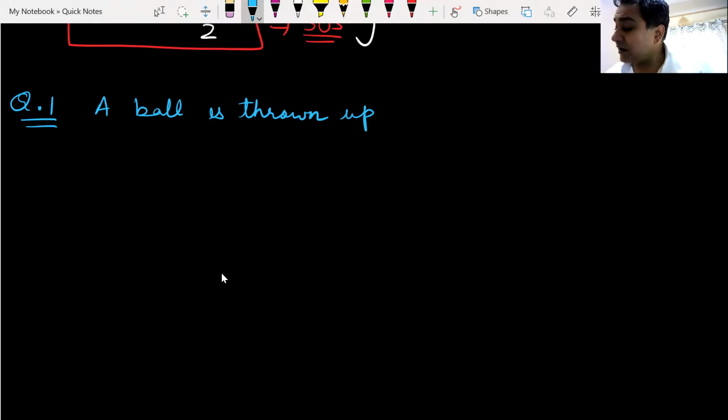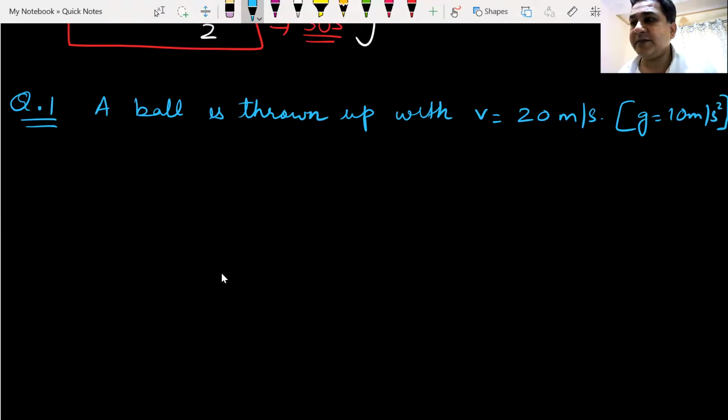A ball is thrown up with a velocity 20 meters per second. Take G as 10 meters per second square. So I mentioned it. In my question, always take G as 10 meters per second square. A ball is thrown up with a velocity 20 meters per second. G is to be taken as 10 meters per second square. Find out